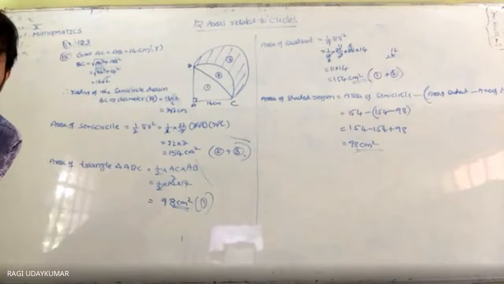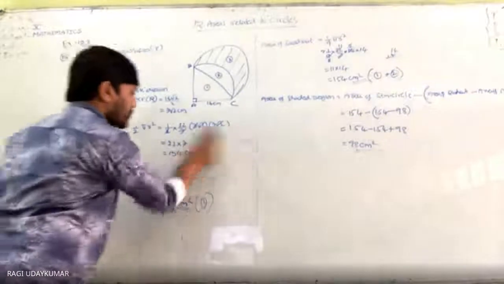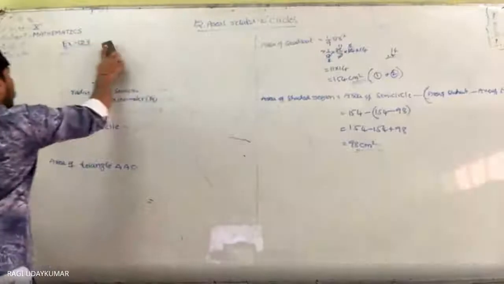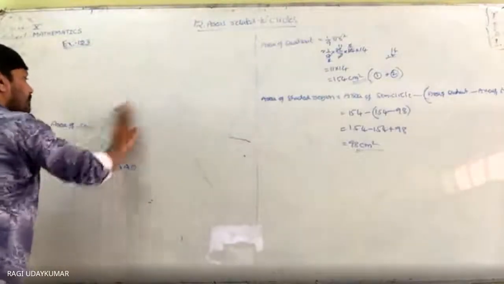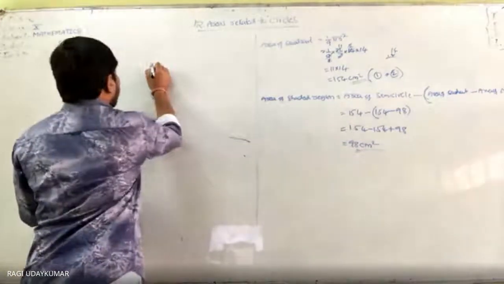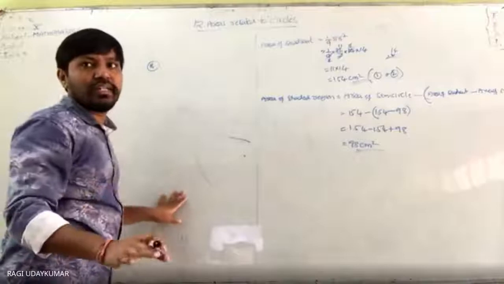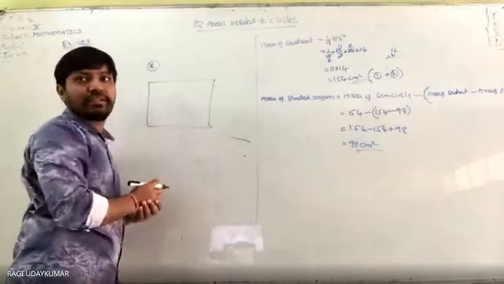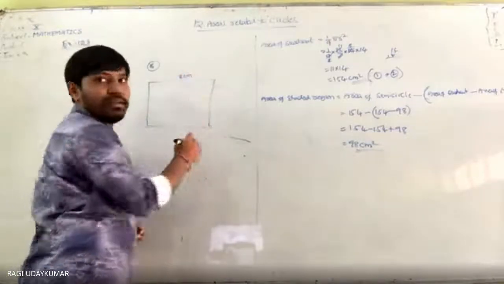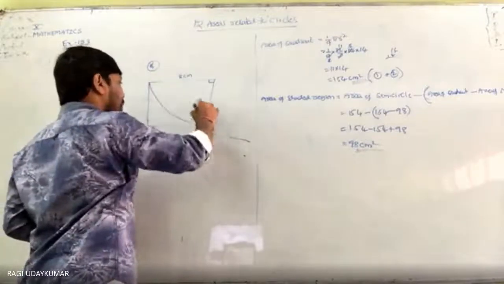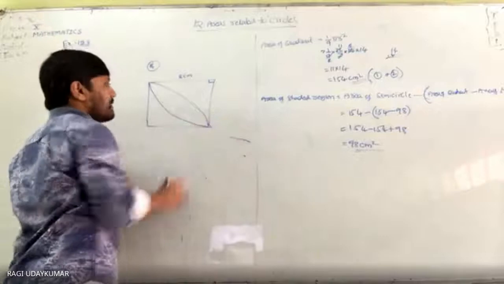The last question is given to you here, 16th question. Calculate the area of the design. The design is given to you here. I will just give you a hint. You can solve it. It's not very complicated. See, a square is given to you like this, 8 centimeters everywhere. Here 90 degrees is given, and this is given.